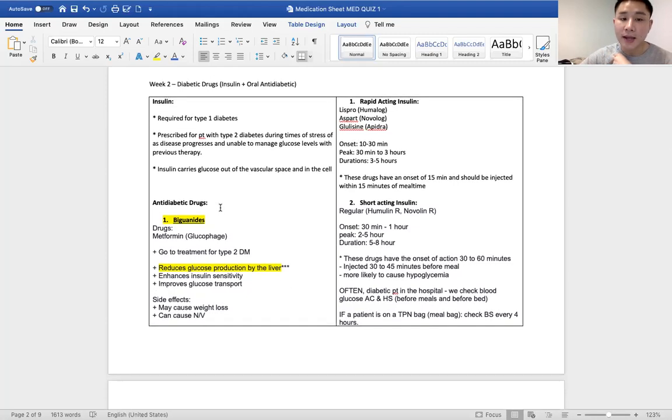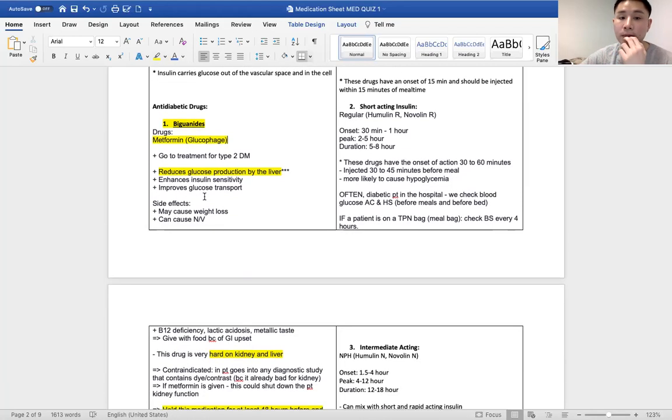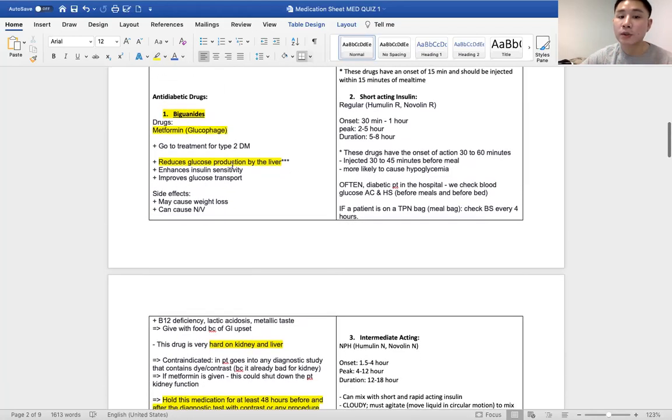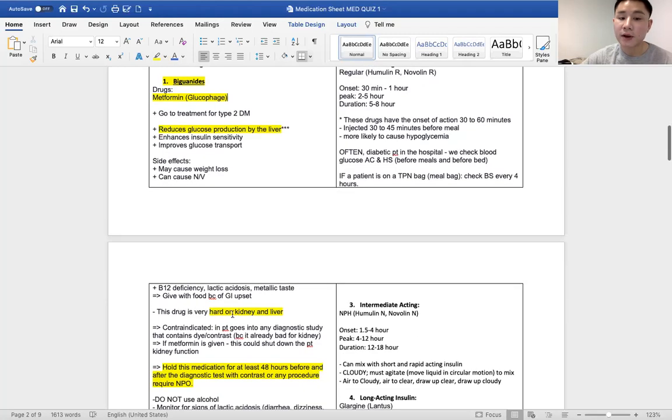Okay, so anti-diabetic drug, we have biguanide. The important thing you have to remember is what it's called: metformin, Glucophage. What does it do? It reduces glucose production of the liver. The side effects are that it may cause weight loss, nausea and vomiting, and it's very hard on the kidney